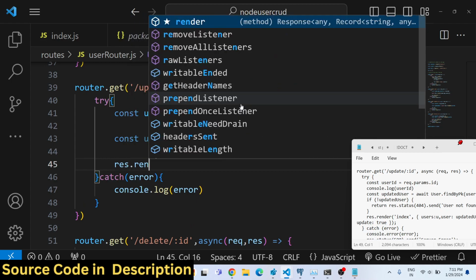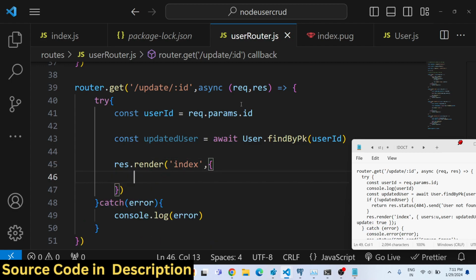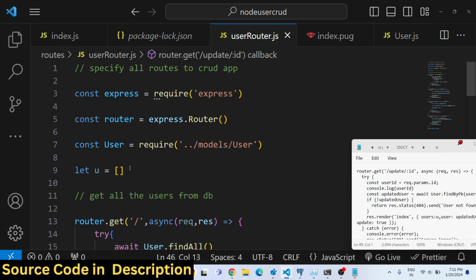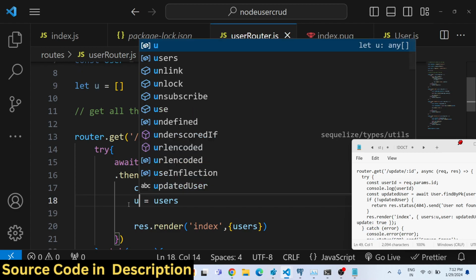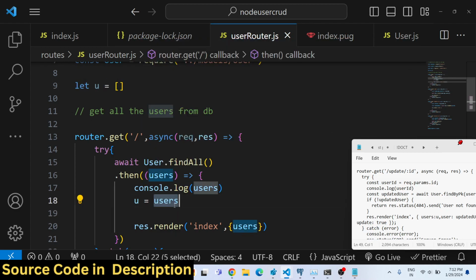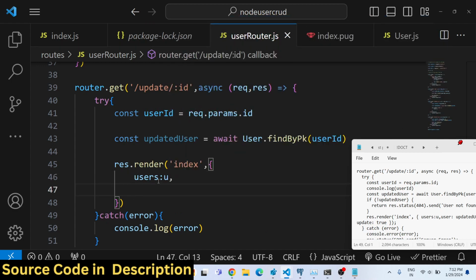And then we will render this template, which is index, the home page template. And this time we will pass three things. First, we will pass the actual users. We are basically storing this inside the u variable. u is equal to users. So this is a global variable, so that's why we can use this. So we will pass the number of users, users is equal to u, and then the current user, which is found, which is the updated user, and